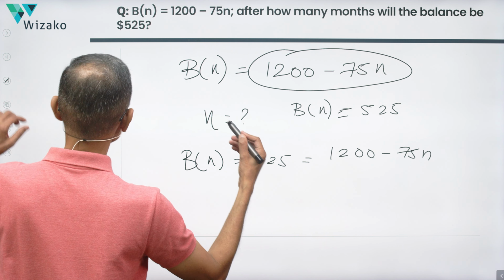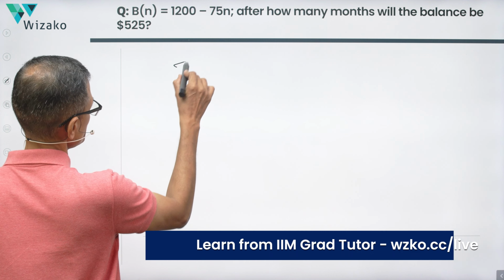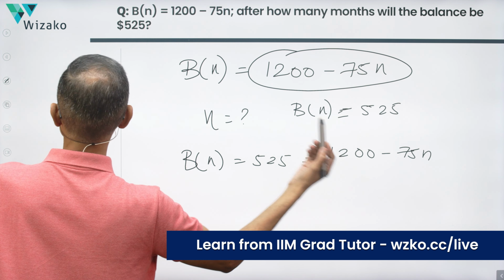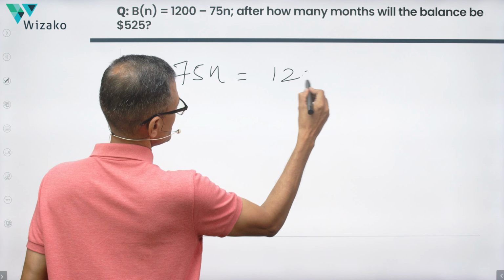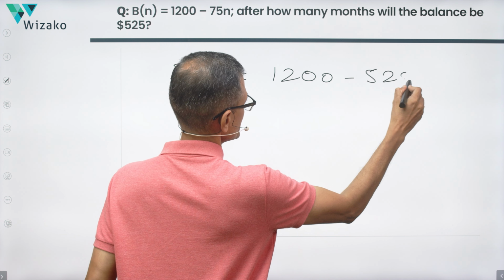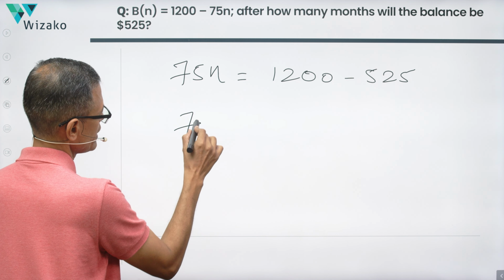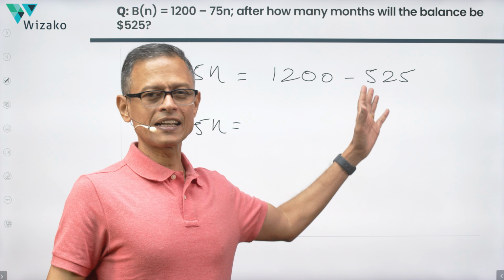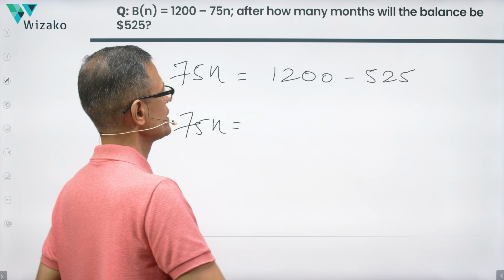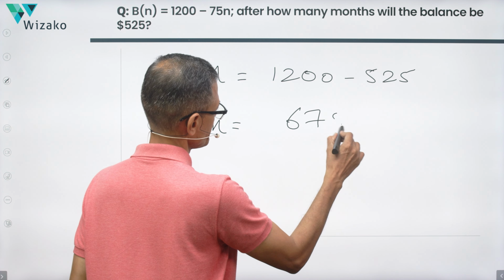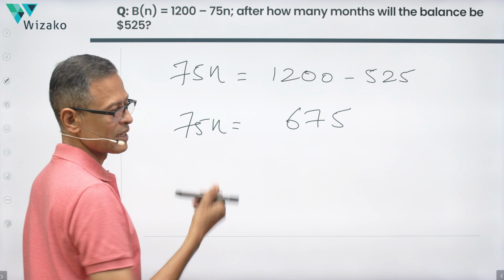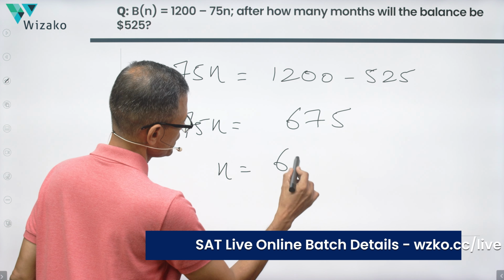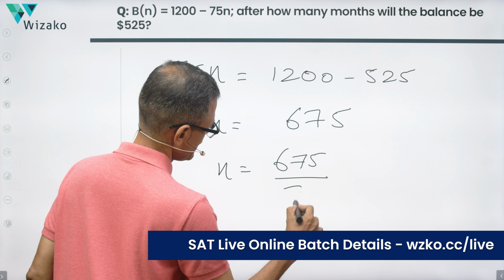So minus 75n comes to the left hand side and becomes plus 75n is equal to 1200 minus 525. 1200 minus 500 is 700. Another 25 to be subtracted, which makes it 675. 75n equals 675. Divide both sides by 75, which leaves us with n equal to 675 over 75,